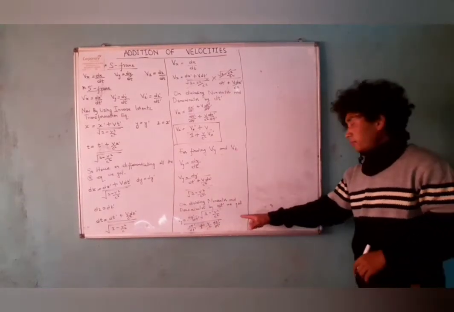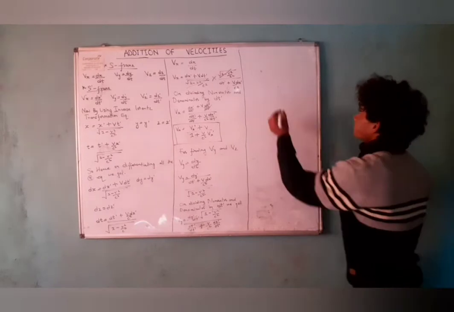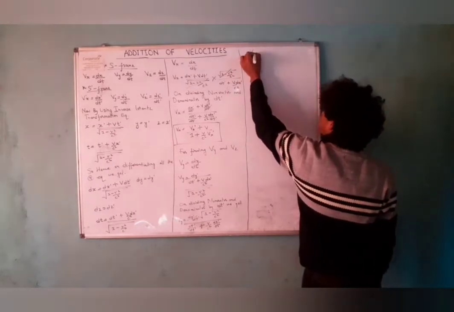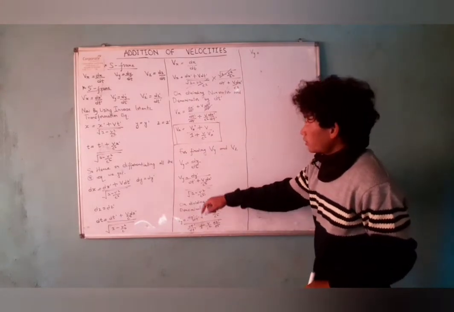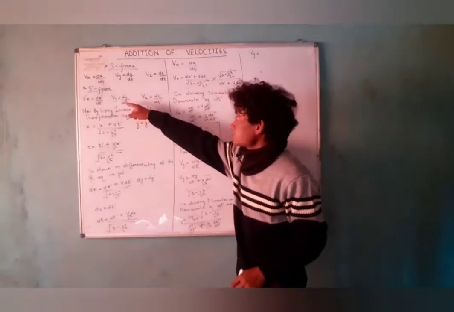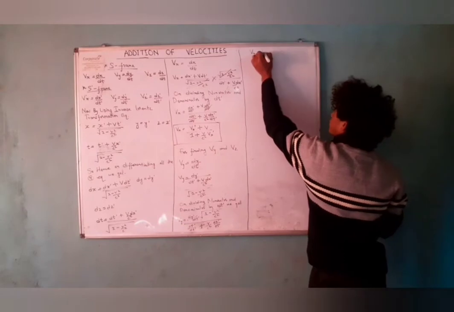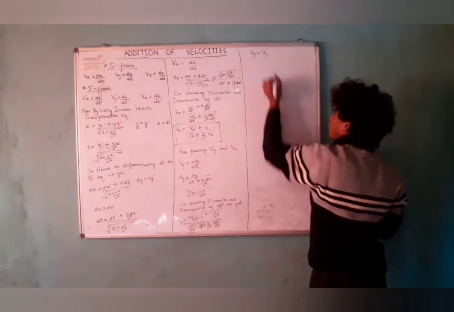So by manipulation we'll get vy equals to dy by dt prime. We can also write dy prime by dt prime as vy prime, and